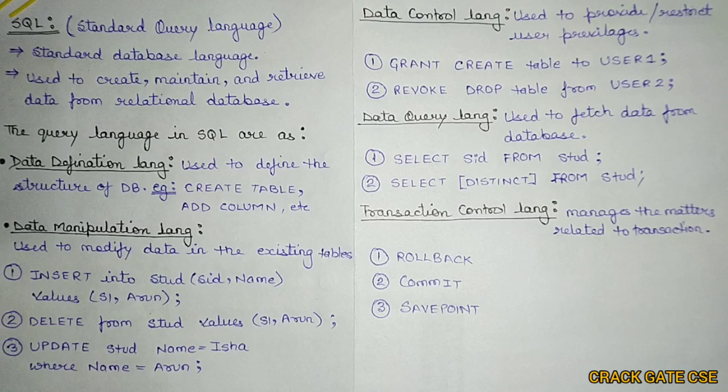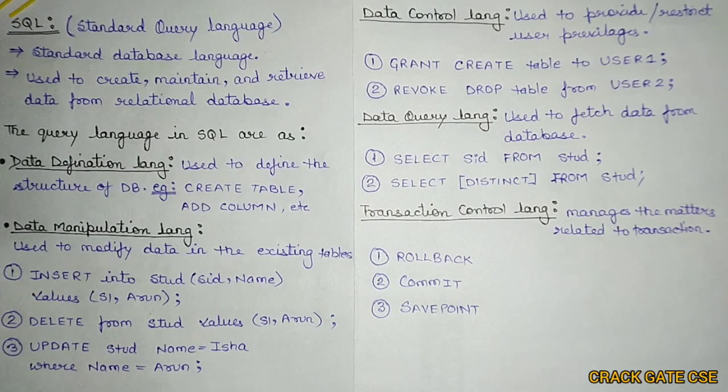There are 3 major commands or queries. One is insert. Using insert we can insert a particular row or tuple value into a table. For example, insert into student. Student is the table name, so insert into table name, and these are the attributes of the student table. Values S1 and Arun. That means we are inserting the values S1 and Arun in student. So S1 will be under SID and Arun will be under name. So this particular row will be added in the student table. So insert is used to insert a particular record into a specific table.